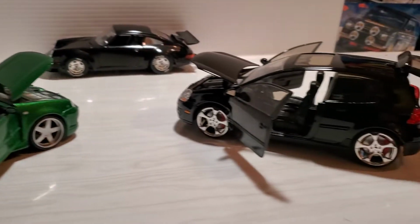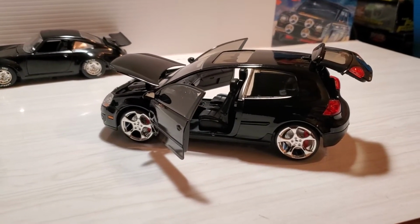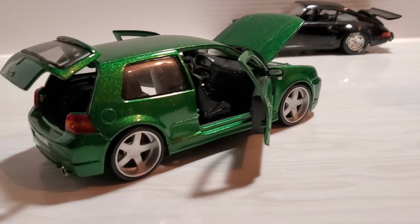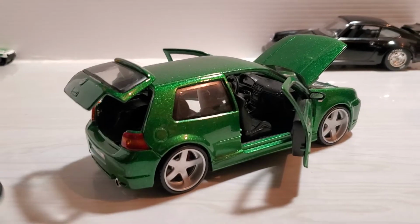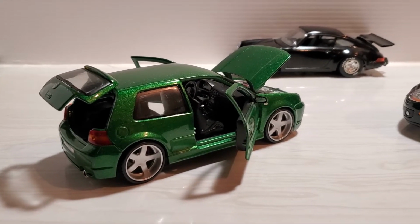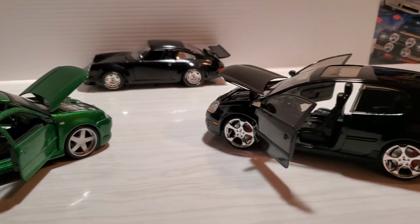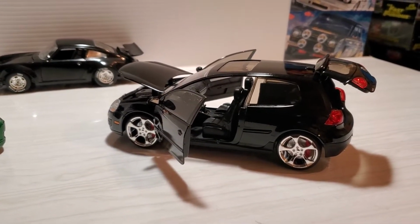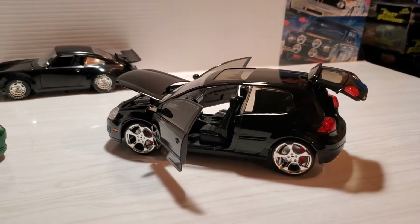And then, of course, the Mark VI. Actually, they went back to a nicer style where the roof line was a little lower and more stylish as far as I'm concerned. But I had to buy this JadaToys version because it is such a cool casting and